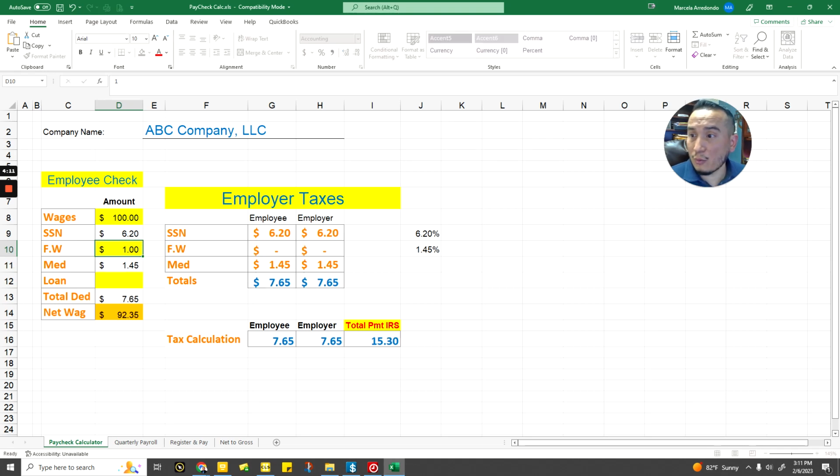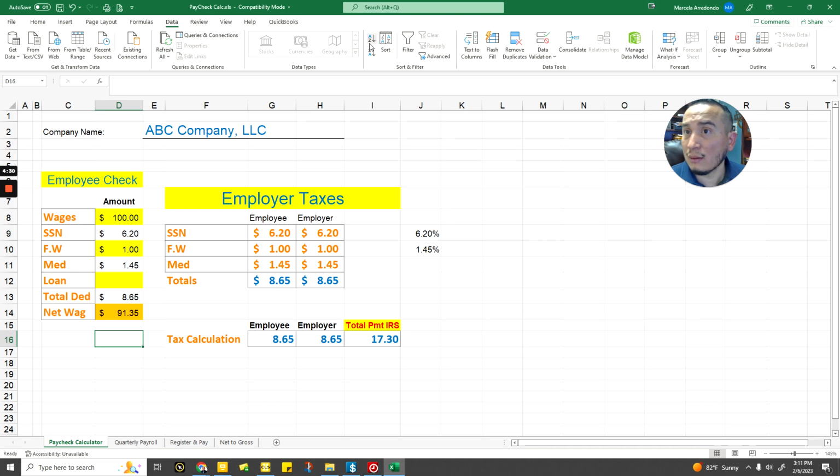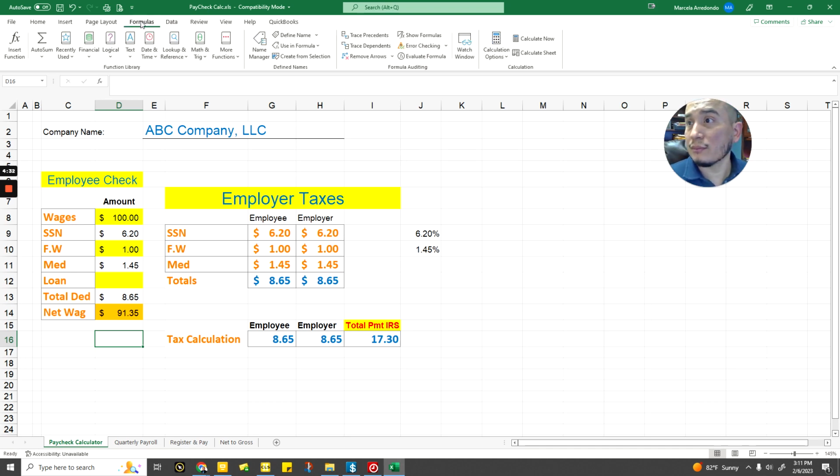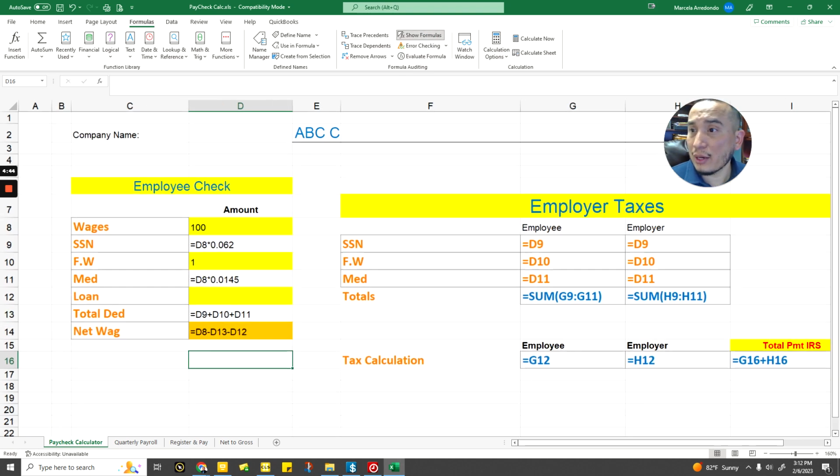You would enter $1, and the total deductions in this case would be $8.65. So the net pay would be $91.35. So let me show some formulas on this. Show formulas right here. So if you're able to see this,